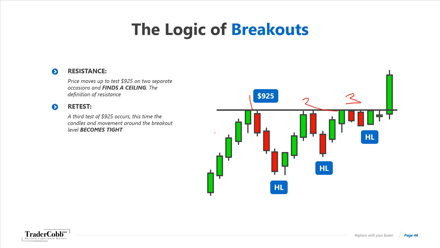So the resistance is above price, so therefore it is the ceiling. Much like the ceiling above your head when you're inside of a room. You cannot go through that ceiling unless you hurt yourself and go through the roof. It is resistance, okay? So resistance, the third test, means it's tradable. We can see the higher lows coming up throughout this sequence here, and what that actually means is we're starting to see momentum coming back to the bulls, back to the buyers, and you'll start to realize everything that I do is around you're either bullish or bearish, you're either buying or you're selling,